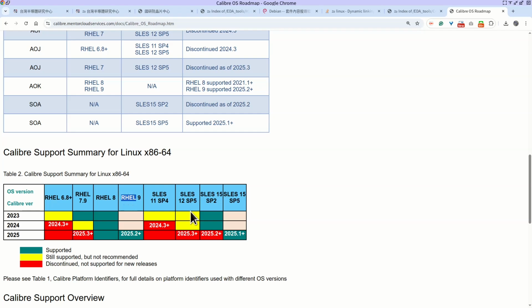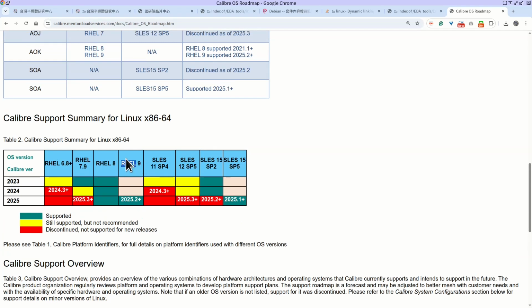Why didn't I ask you to install RHEL, Red Hat Enterprise Linux? Because if you install Red Hat Enterprise Linux and you don't pay money for Red Hat, you cannot upgrade your software. You cannot run security updates. Then your system might be easier to hack. So that's why I don't tell you to use Red Hat.